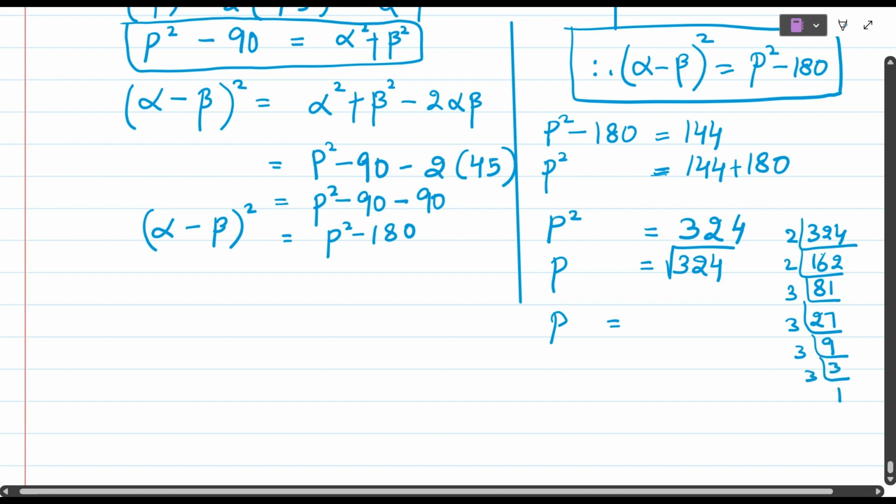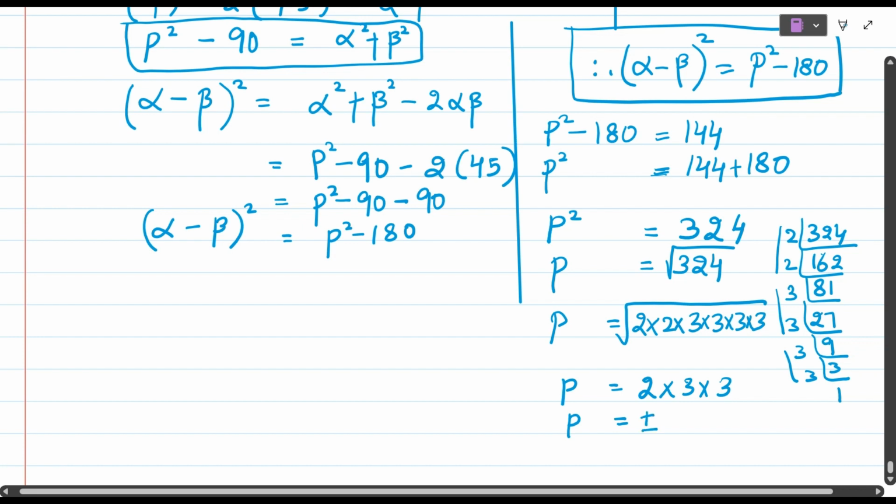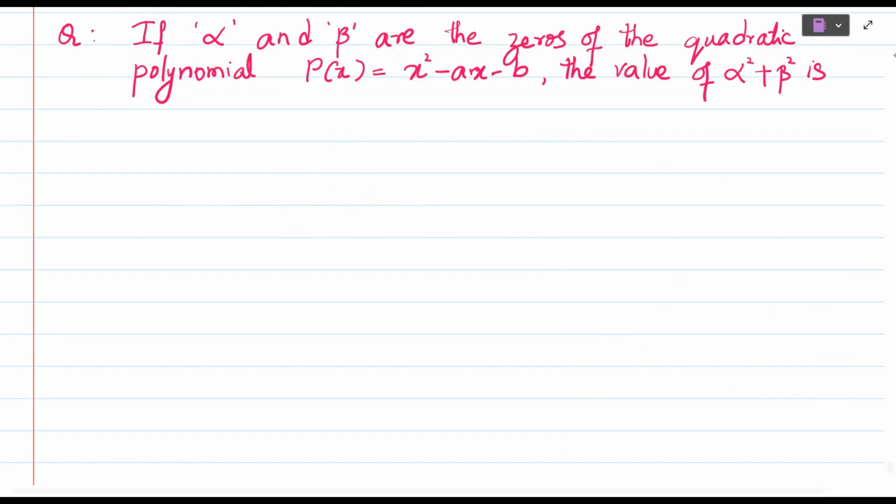Now for the square root, pair everything. You will get 2 into 2 into 3 into 3 into 3 into 3. So after pairing you will get 2 outside, and one 3 and another 3. So the value of p will be equal to how much? Plus or minus 2 3s are 6, 6 3s are 18. Clear students? The next question is,